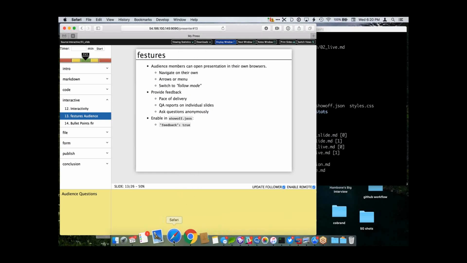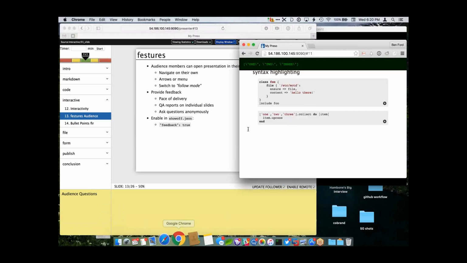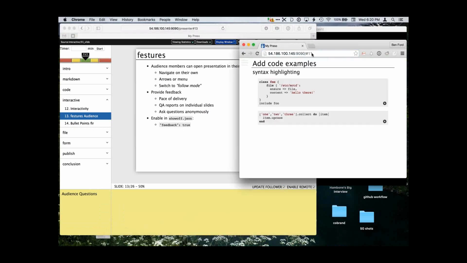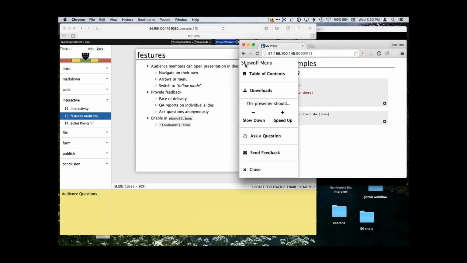Now, let me grab this. There's more information that you see in that little menu that pops up to the side.